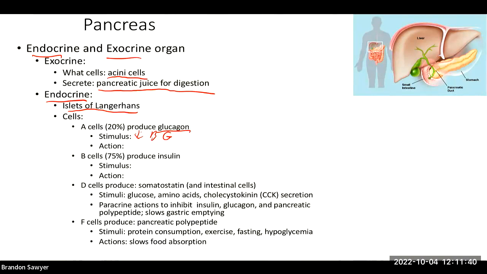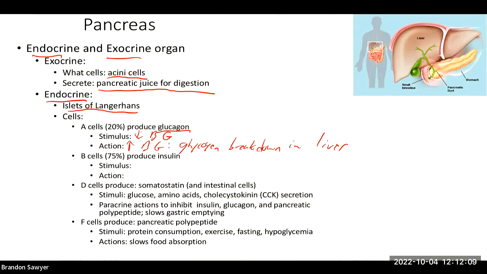Their action is to increase blood glucose, but it does this by glycogen breakdown in the liver. Our primary site that we store glycogen outside of skeletal muscle is the liver. And so glucagon tells the liver to break down glycogen and turn it back into glucose and then release that